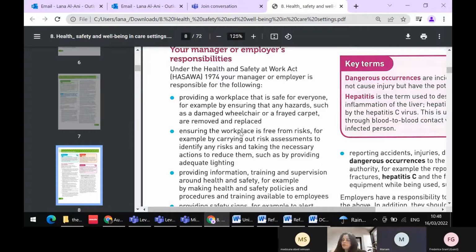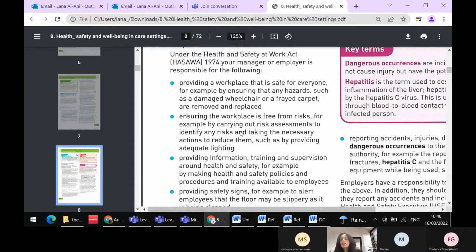Like training, if you need training. Very good. Yeah. So other things, they always have the employer. My employer should always provide training, supervision, mentoring to the people about health and safety. Yes. Very good, excellent. And also they have to create health and safety policy and procedure at work. It is very important. Can you think about other responsibilities?